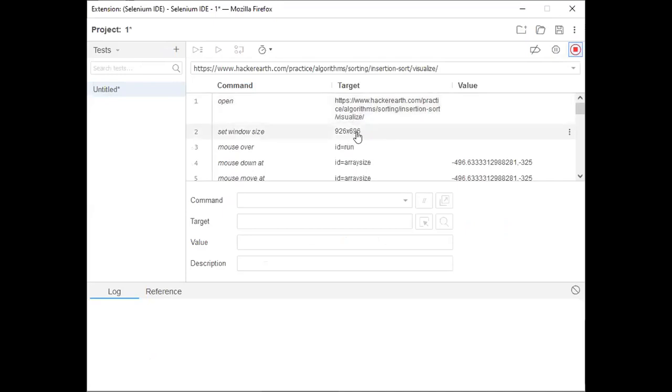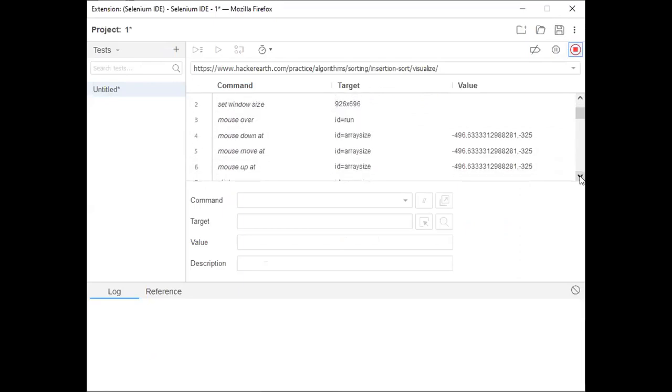And the size, if you remember, for each and every one, it is opening at size 926 by 696. And it is running. What are the movements of the mouse here? Mouse over, then mouse down, and then mouse up. All the actions have been read here. I am giving the values here and I have to run that. So here it is running, it has opened the window.